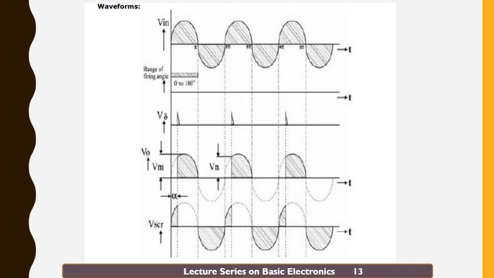So this is the output waveform for an RC half wave control rectifier, and it lets us control the firing angle. If I keep the firing angle here, I will get only this portion of the output waveform on the output side. Likewise, I can control from 0 to pi, that is 0 to 180 degrees, for an RC half wave rectifier. So this is the RC half wave rectifier or phase control application.